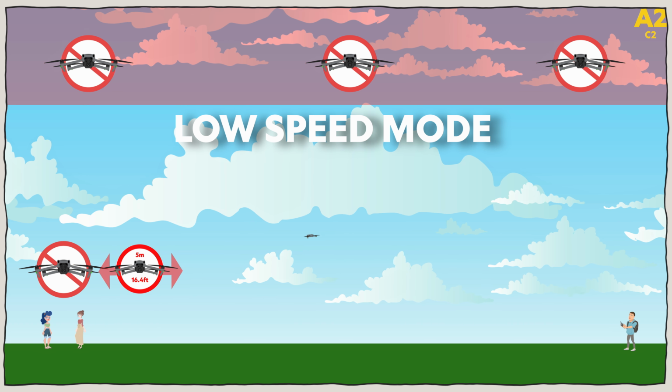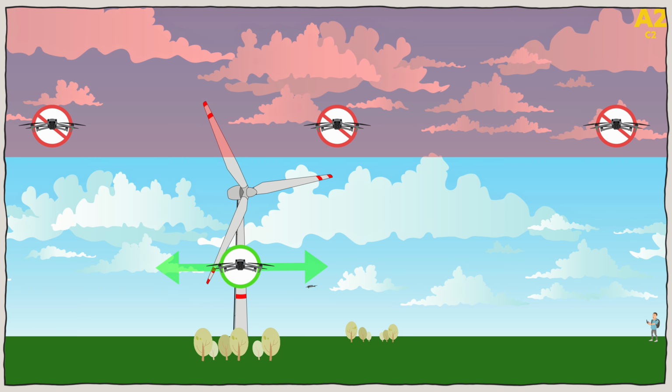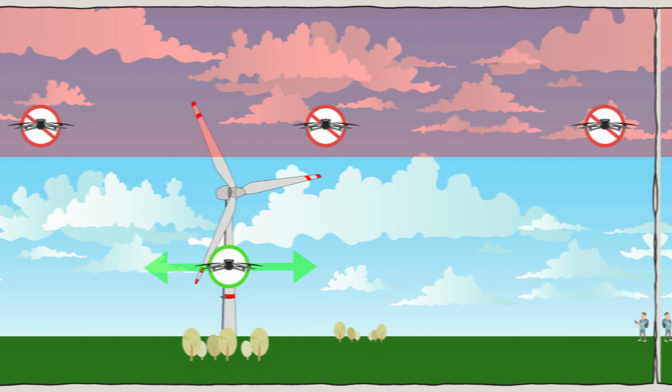And now the safe distance you have to keep from residential, commercial or industrial areas. For example, towns, cities, small villages, any park or similar. For C2 drones in the A2 subcategory, distance regulations are very similar to the A1 subcategory. If you're allowed to fly in this area, you just have to keep maintaining a safe distance between the drone and the people, animals, cars, buildings, and be aware of flying over uninvolved people and a group of people.